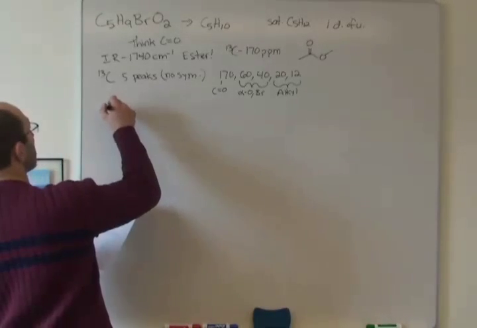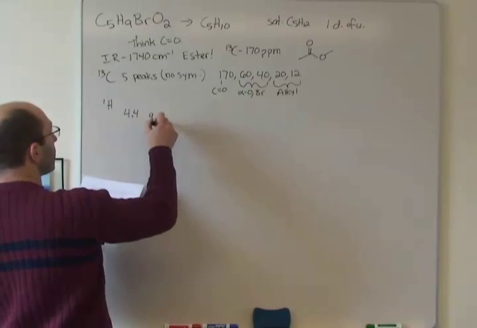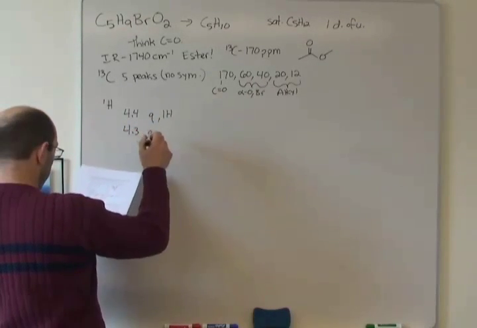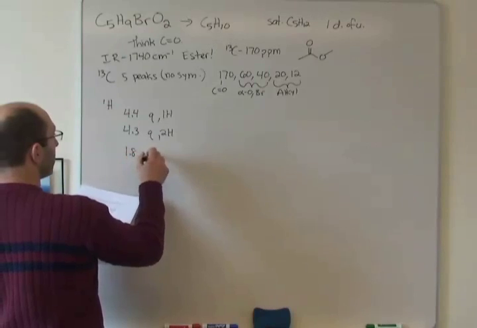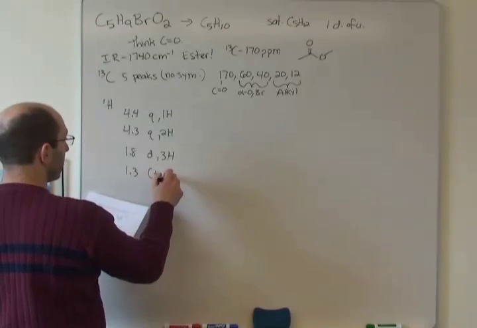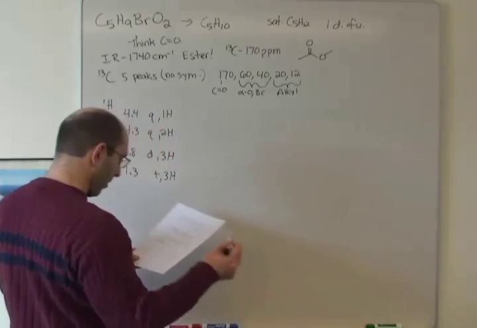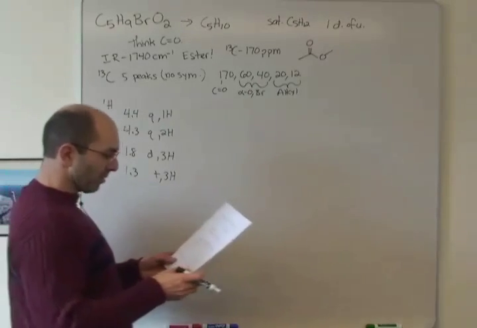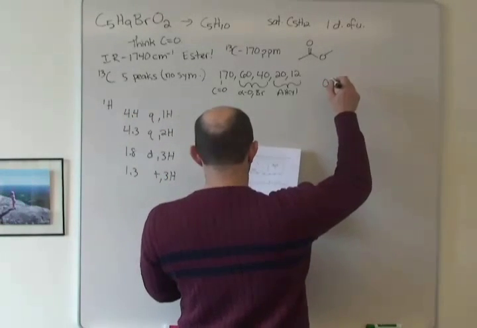Right, so our peak summary for the proton NMR, right, we have 4.4, quartet 1H, 4.3, quartet 2H, 1.8, doublet 3H, 1.3, triplet 3H. And then we have an integration ratio. Well, I told you the H's, so that was actually a bit of a mistake. But let's be clear, if we have an integration ratio, just because I want to make sure we're clear in doing this,